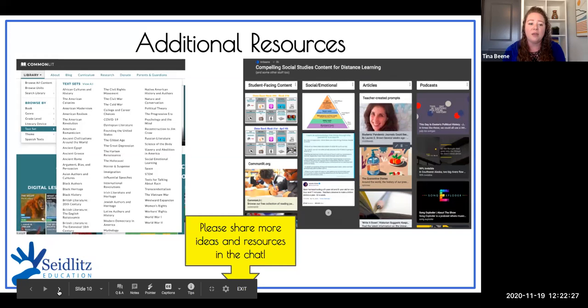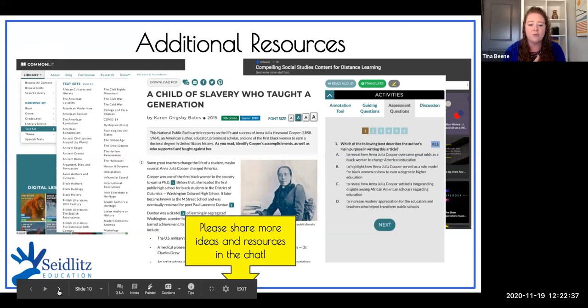But I just want to point out they have a whole section called text sets that's 100% like history. I mean, there's so much social studies content in here. When you assign readings to students, if you haven't used CommonLit before or it's been a while, I just want to point out some features. I'm not paid by them or anybody for anything, and this is obviously free because no teacher should be paying for any content ever, period. But I just want to shill for them because they have some great resources.